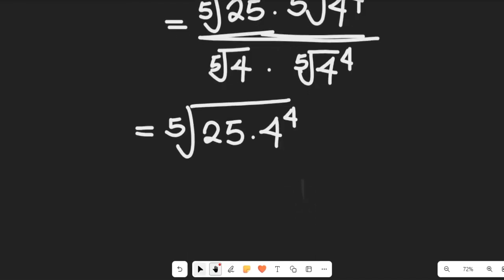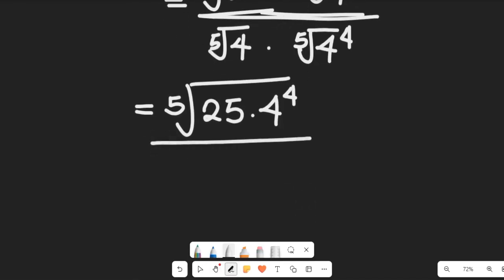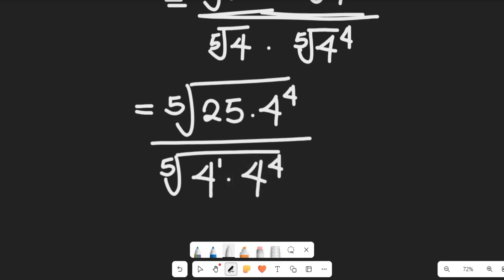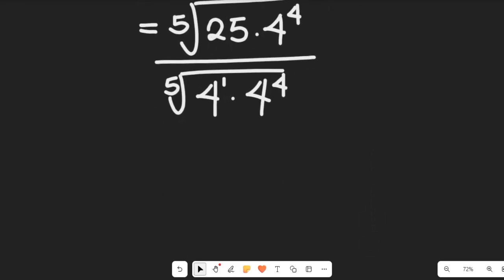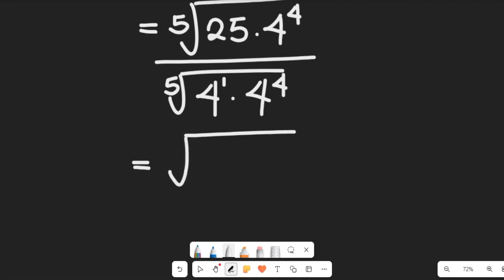And this will be divided by the fifth root of 4 to the power of 1 multiplying 4 to the power of 4. And according to the law of indices, this can give us 4 to the power of 5, right? And then we can have that to be equal to the fifth root of